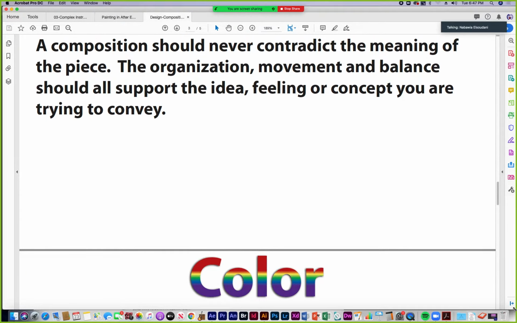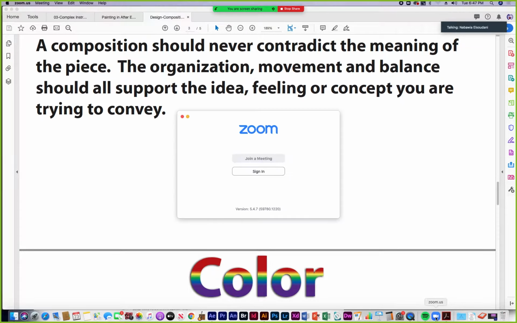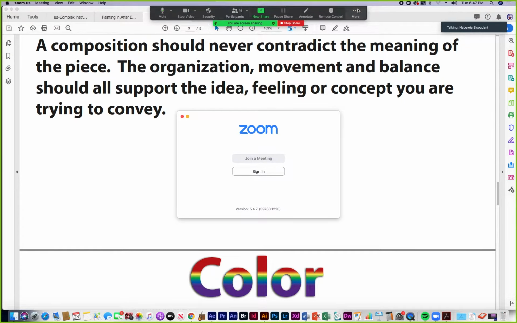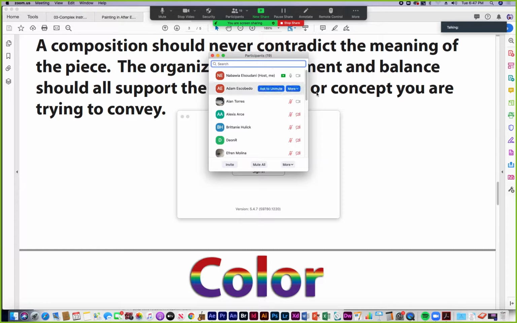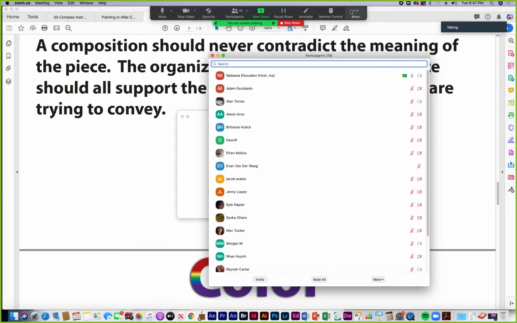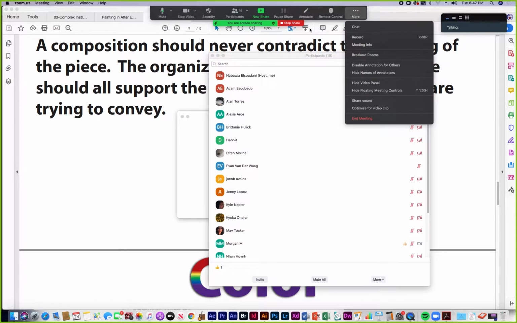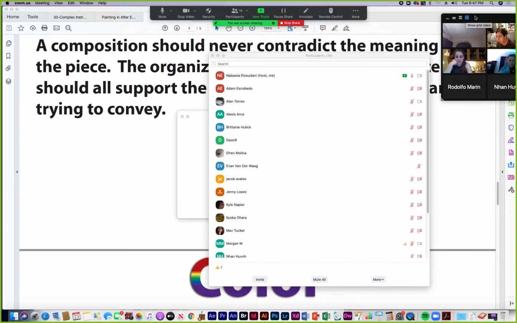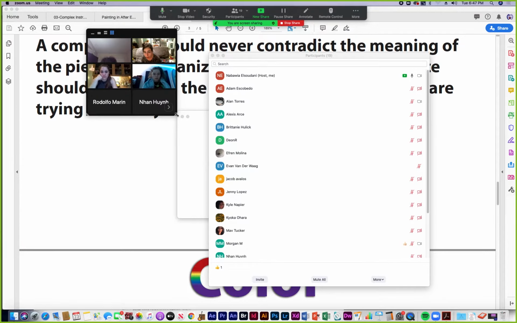So, color. How many of you have created a color wheel before? Let's see if I can see you guys, my participants. Where's my view? Gotta get the view of you all. Okay, so how many?